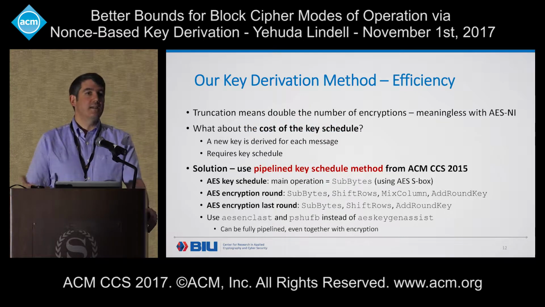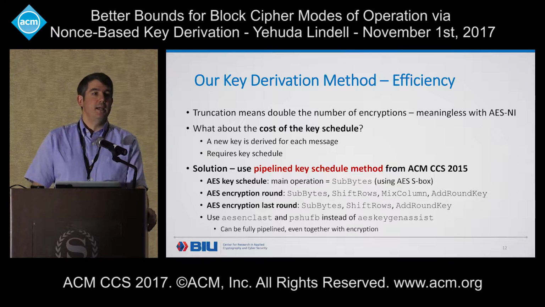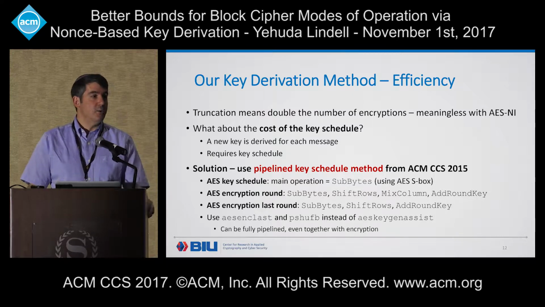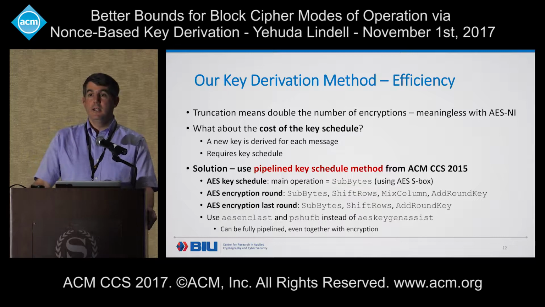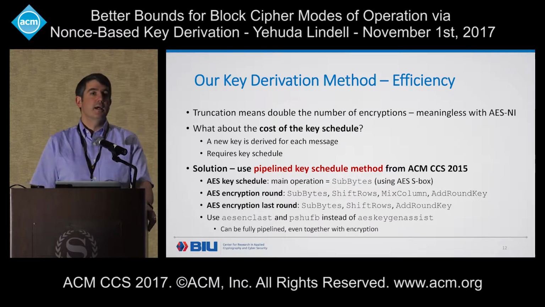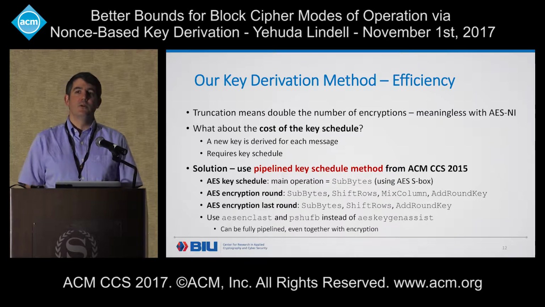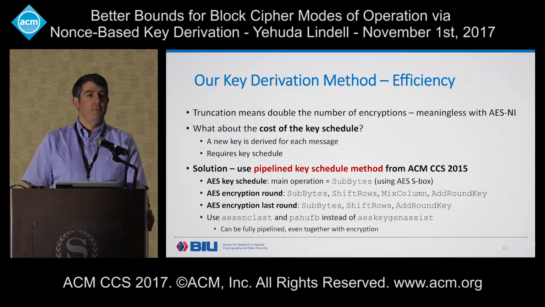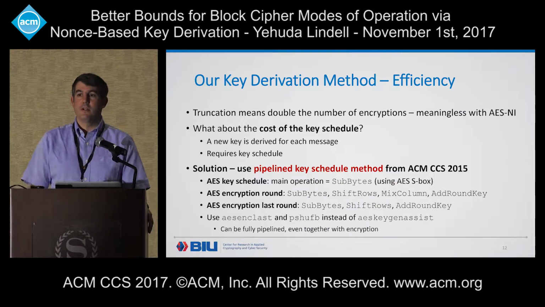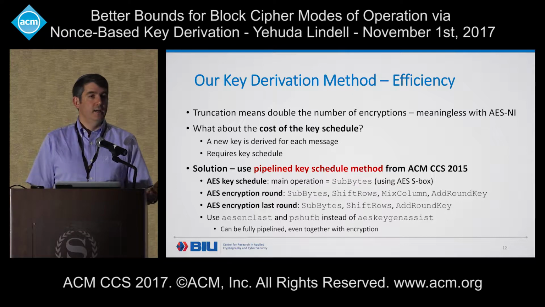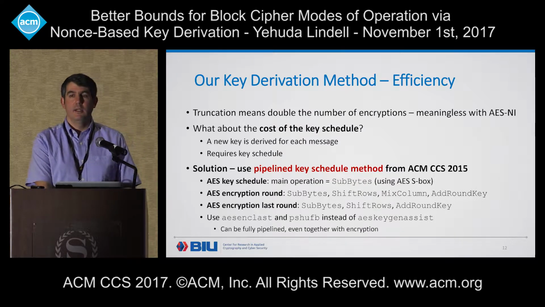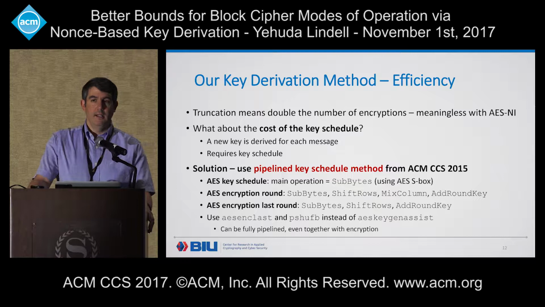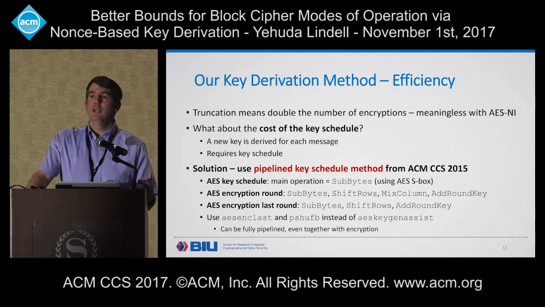But this now sounds like maybe it harms efficiency, because if I want to derive a 128-bit AES key, I need to apply AES twice. If I want a 256-bit AES key, instead of using 2 AESs, I use 4 AESs. But with AES-NI, which is almost everywhere today, this is completely meaningless, because it's a fully pipelined instruction. In fact, doing 2 AESs or 4 AESs is a difference of a few cycles only. So actually the performance penalty is almost zero in terms of 2 versus 4, but there is still the problem